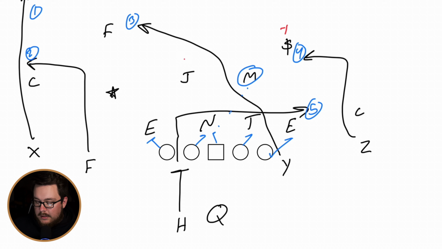Running back is looking at +1, +2. As long as neither of them come, he's going to insert into the line and burst out away from the play to be that backside check down. If either the +1 or the +2 comes, he's going to block them. If they both come,